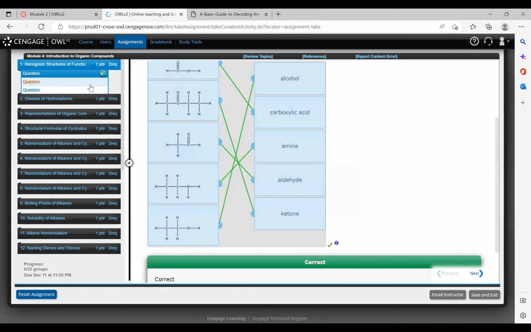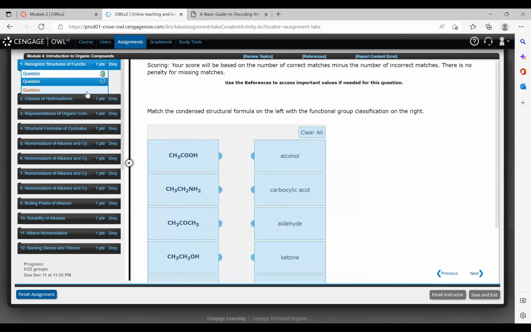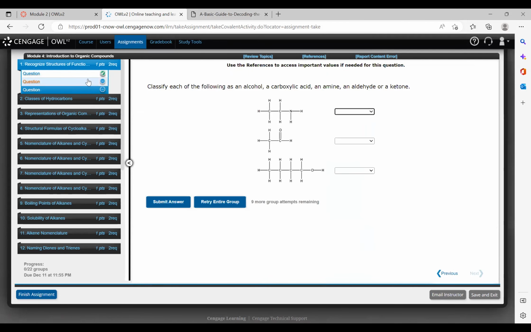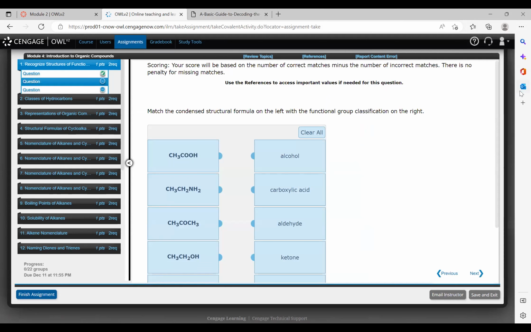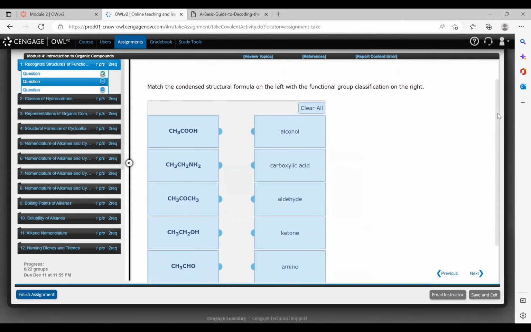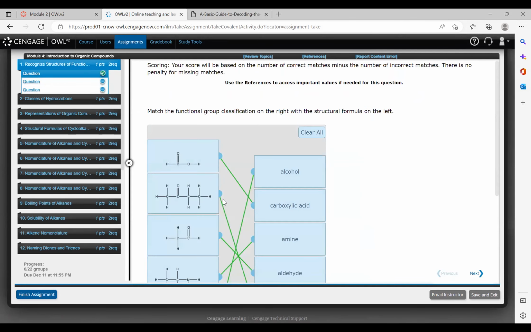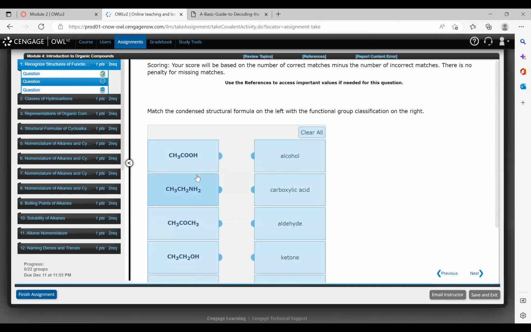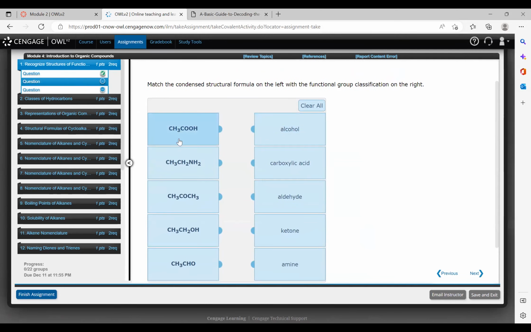All right, so you're going to do the same thing for question 2 and question 3. Now, question 2 is a little bit different because instead of that expanded formula like this guy here, they're just showing you that condensed formula. So what I would suggest doing is writing these out in the expanded formula so you'll be able to see the differences. So for instance, with this CH3,